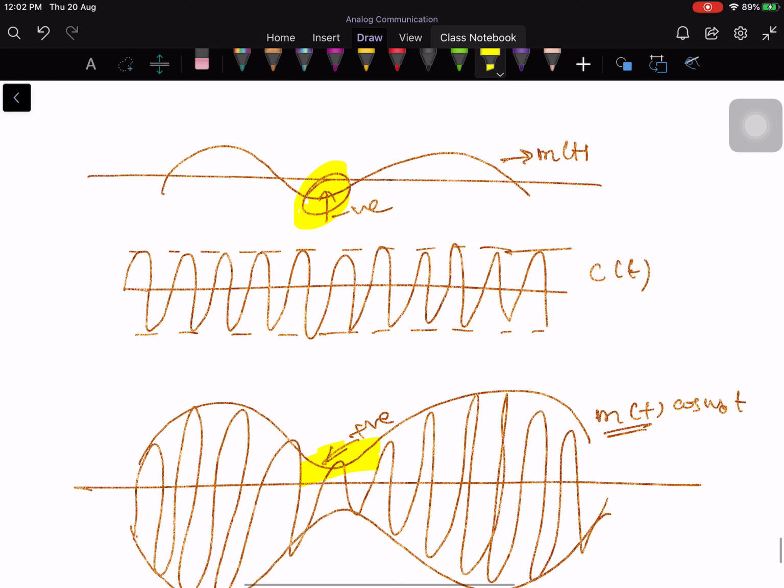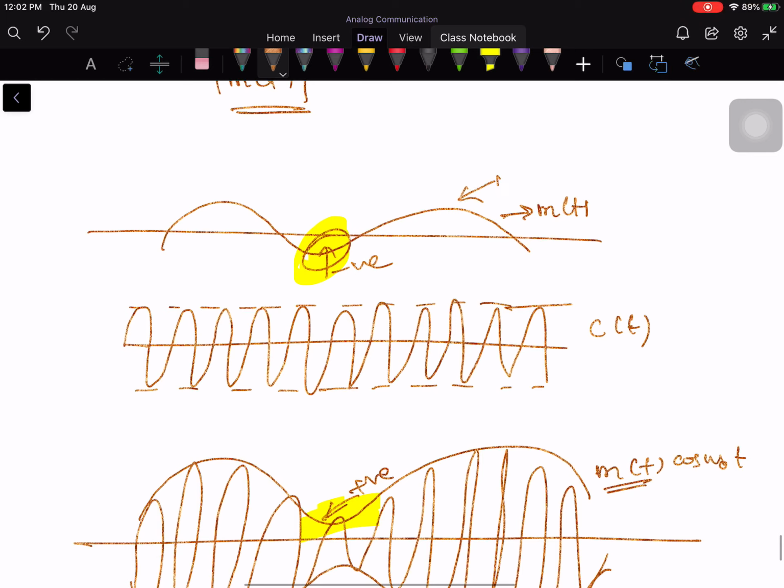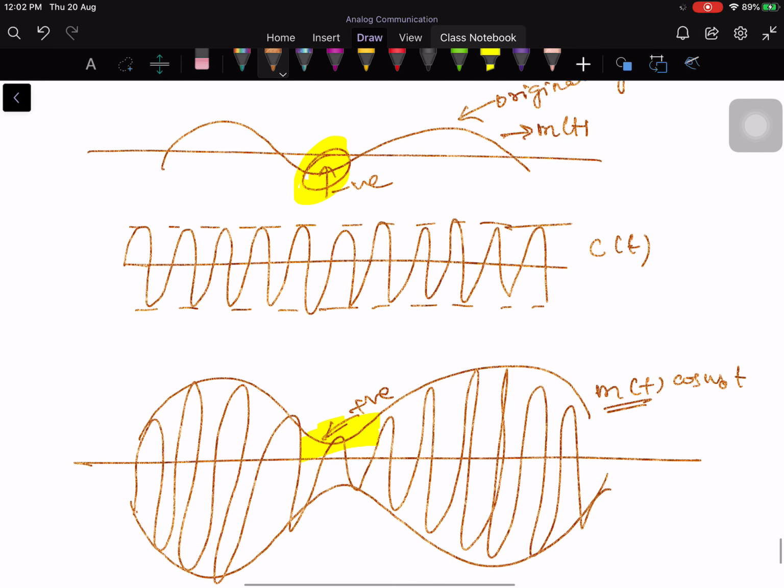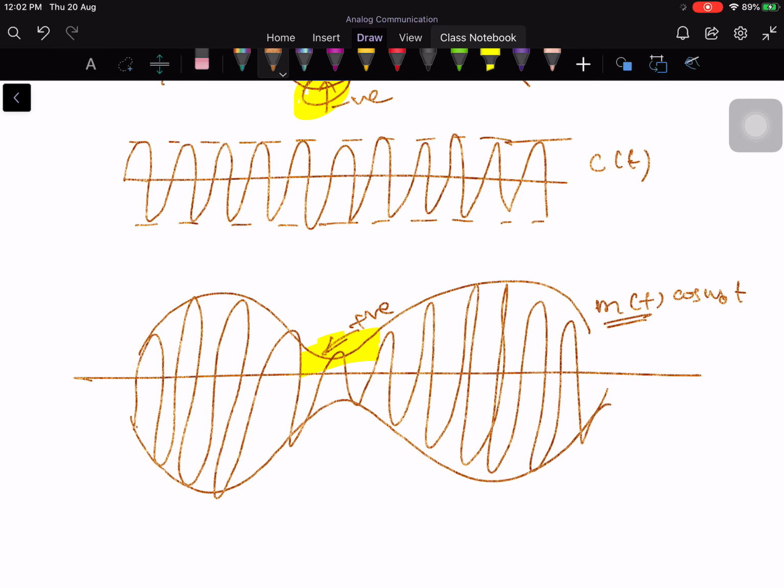Okay, this is the original signal. So it was going positive and negative. Now once you do the multiplication, then the signal looks like this, and I know it is a sinusoid of high frequency, but the envelope is different. Now what is the instantaneous envelope of this sinusoid? That envelope is going to be the modulus of m of t. So I am talking of amplitude as against this m of t.